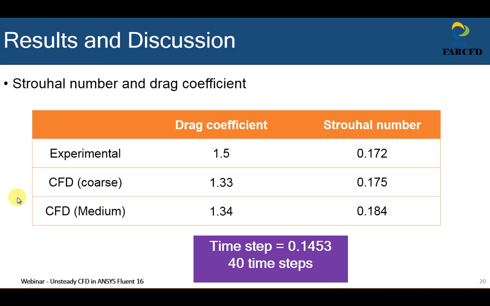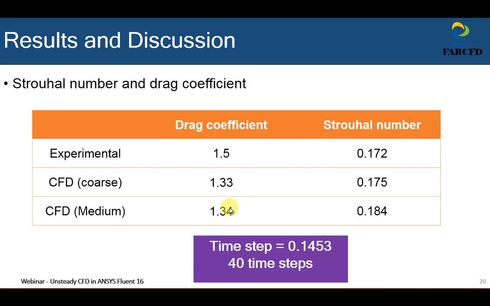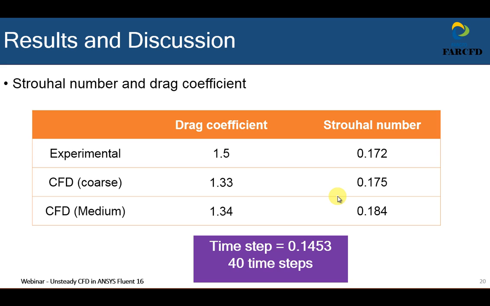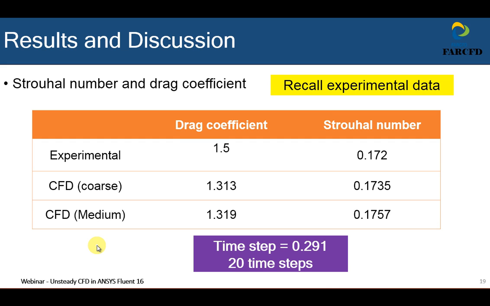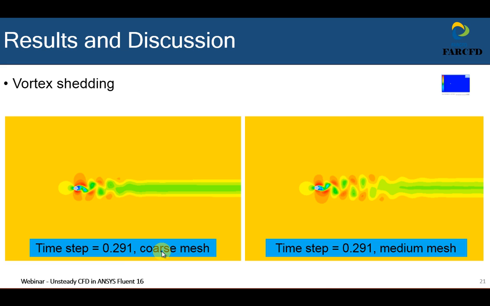It is observed that the maximum difference between these two time steps is less than 2% in drag coefficient, and in Strouhal number it is less than 4.7%. Please note that for both steps, data is collected for 2000 time steps. But it is obvious that for the lower time step, we must have collected this data for 4000 time steps, which corresponds to equal vortex shedding cycles. Here vortex shedding is shown for some random time for coarse and fine mesh for a time step of